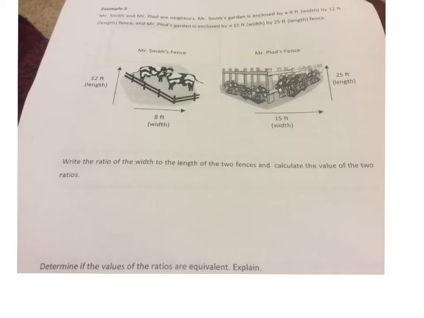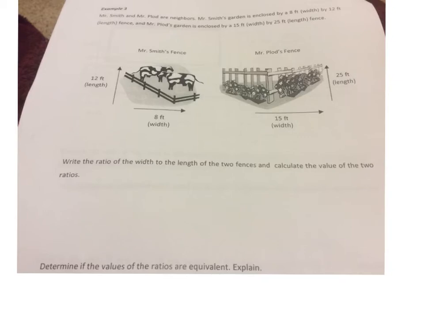All right, in example 3, it says Mr. Smith and Mr. Plott are neighbors. Mr. Smith's garden is enclosed by an 8-foot width by 12-foot length fence, and Mr. Plott's garden is enclosed by a 15-foot width by a 25-foot length fence. They drew pictures of it. Write the ratio of the width to the length of the two fences and calculate the value of the two